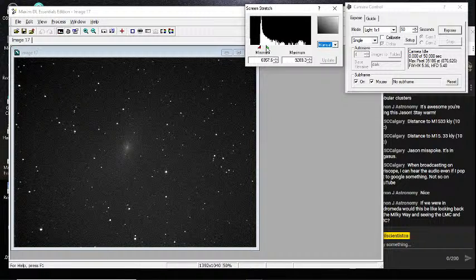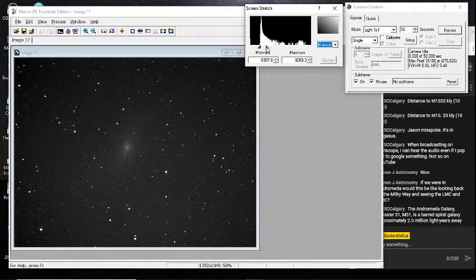So now the other thing I'm going to slew to is M32, which is another satellite of M31. If you give me a moment, I will make that happen. I don't want to spend too much time here because it's pretty close to the zenith and it's frosty and the mirrors all frost up and won't be able to see anything else, but that's winter for you.